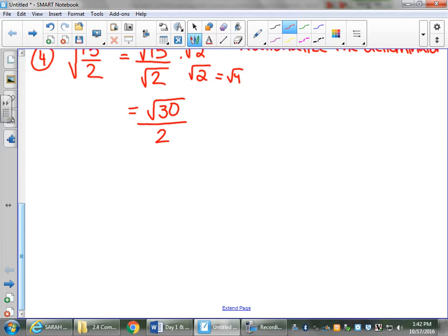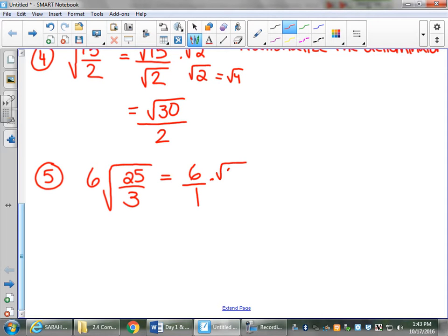All right, and why don't you guys try this last one, 6 times the square root of 25 thirds. Hit pause, try it on your own, and you can check to see if your answer matches with my answer. First thing I'm going to do is break this apart and also put the 6 over 1. Okay, I could rationalize right now, but be on the lookout for perfect squares at all points in time,